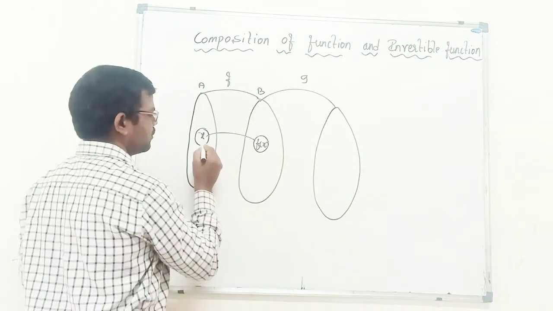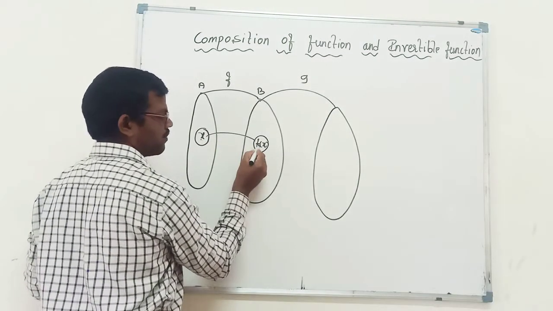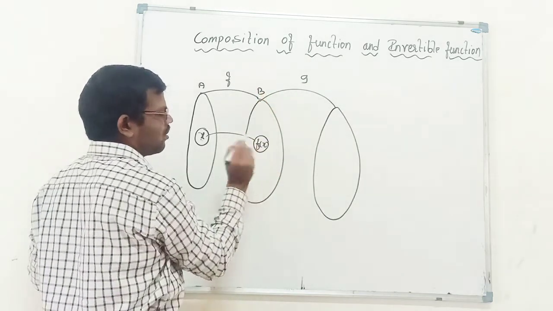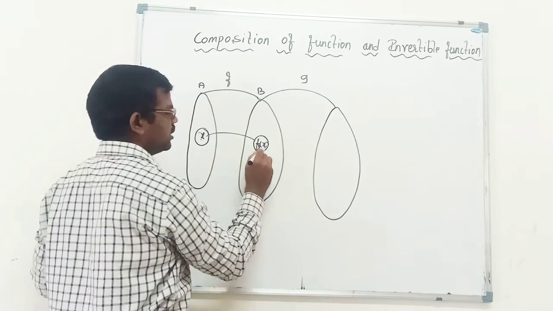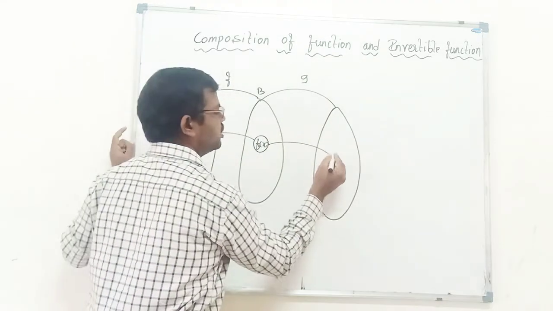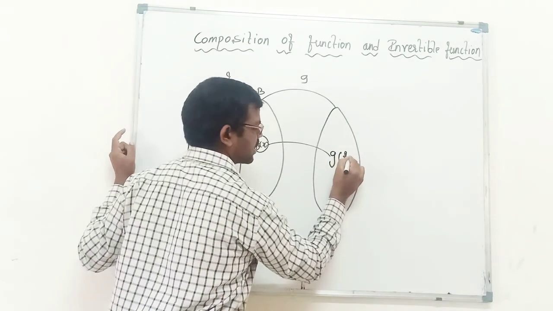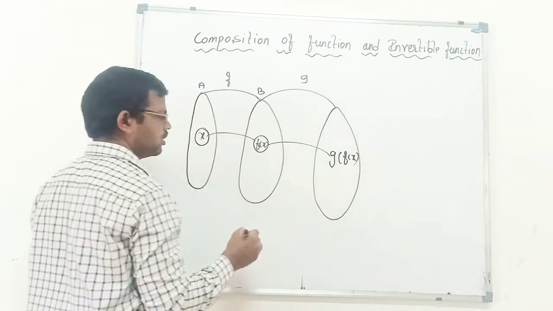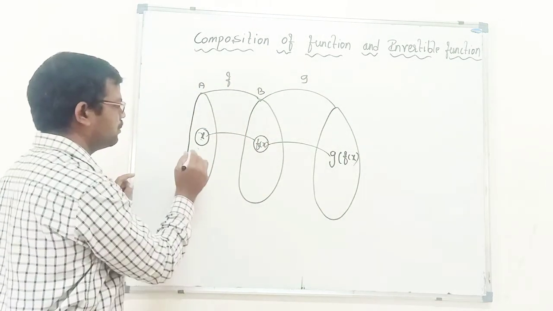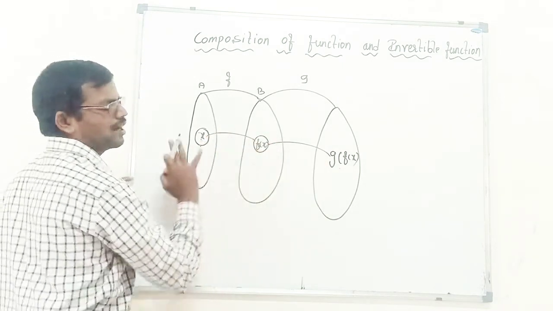So now from x in A to B we have x to f of x. Whatever elements we have here are all f of x. For these f of x, we get the function g of f of x. So from here it is combined like this, and our element moves from this point to this, because it is joined.